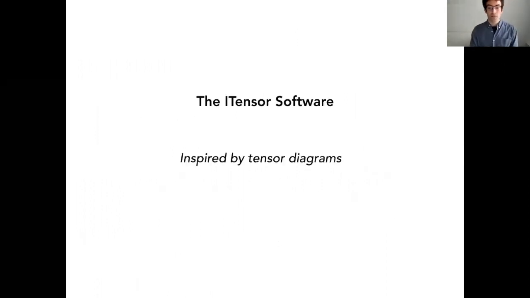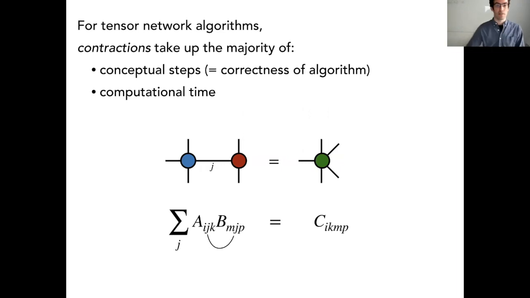Okay. So those are all the applications I just wanted to highlight, just to show you the kind of breadth of different things you can do with tensor networks. So lastly, let me just give a quick introduction to the iTensor software. I think some of you have seen that before, but just to show one way of designing software to work with these kinds of concepts of tensors that have many indices and heterogeneous numbers of indices. And the main thing I want you to see is that we designed this iTensor software to try to mimic the experience of drawing tensor diagrams when writing code, short of actually having a graphical interface.